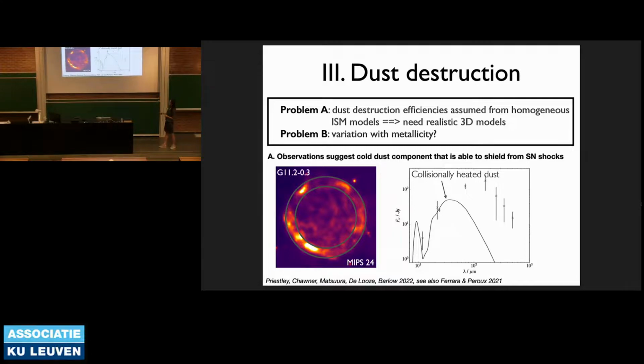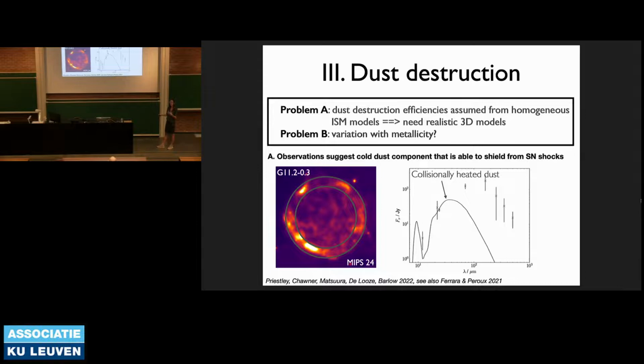And also from an observational point of view, this was shown in a paper by Felix Priestley. This is the MIPS 24 micron image that you can observe for a galactic supernova remnant. You can clearly tell here this is not a reverse shock, but the forward shock that is hitting the interstellar dust. If you take the spectral energy distribution within this annulus, these are the observed data points, and you have a lot of information for the supernova remnant.